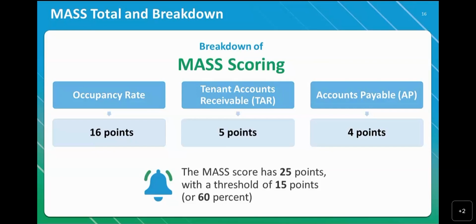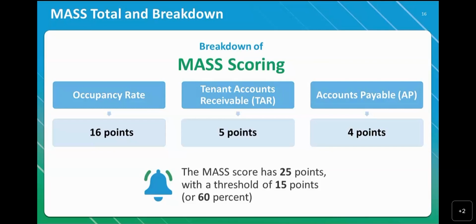Okay, awesome, no problem. Breakdown of MASS scoring. It has 3 elements. The occupancy rate, depending on your scoring, is 16 points. That's the weight in the MASS scoring, the management score. Tenant accounts receivable maximum score is 5 points. Be aware